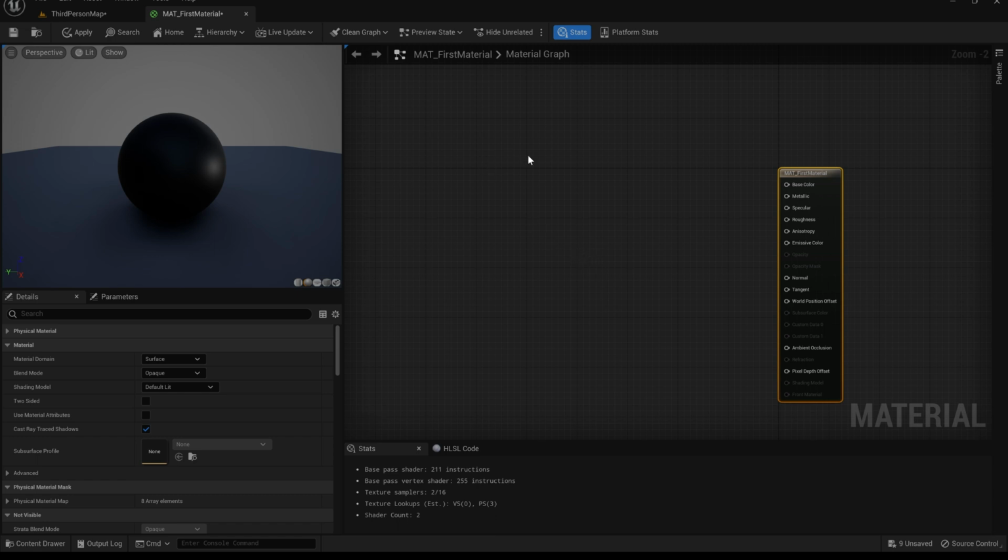So the core thing to start off with is the base color. This is effectively your diffuse, the color or the surface of the actual object, the thing that's going to bounce the light off it. The metallic hopefully is high if the metal object is specular, okay. High is the specularity of the object when you're looking at the reflectivity of it. The roughness then is like if you compared it to objects in the real world, like